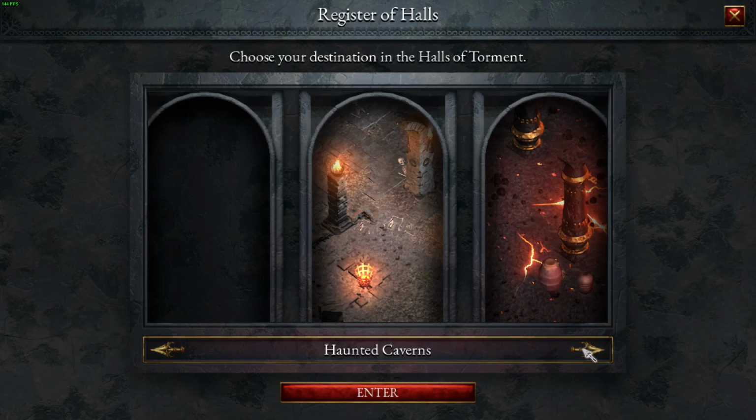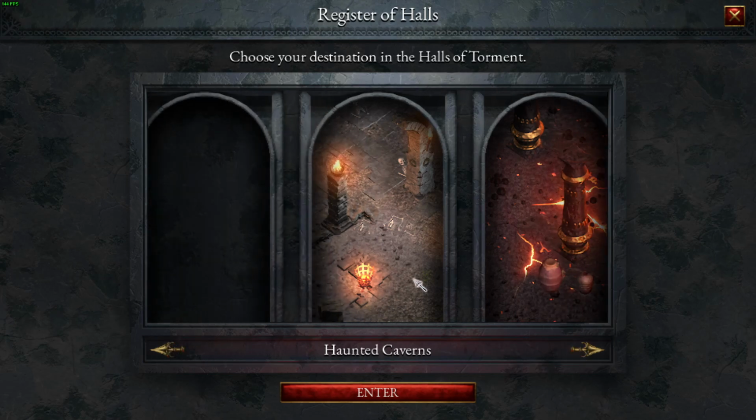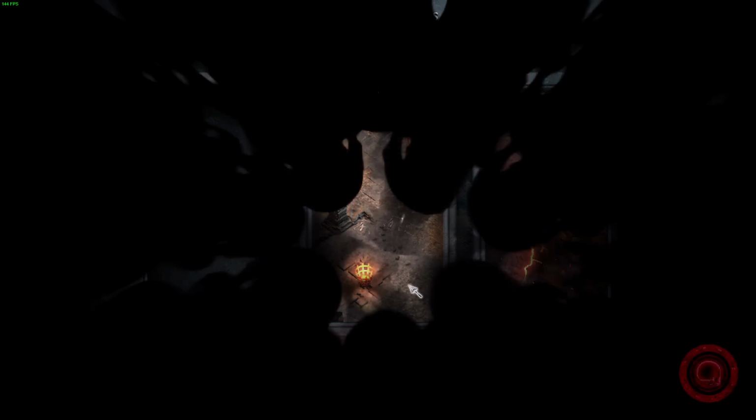Anyways, I do think we need to get to the Ember Grounds soon, but I'm pretty disappointed by that close loss in the Haunted Caverns, and I would like to at least beat the Haunted Caverns. The Ember Grounds, I think, is where we would unlock our next character. But I think by beating the Haunted Caverns here...